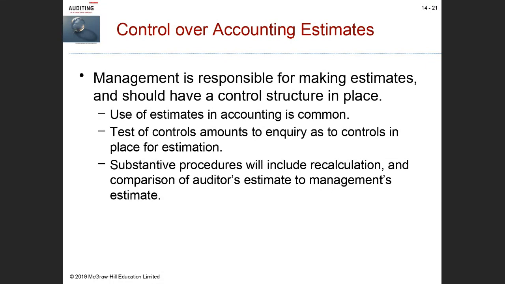So in order to do that, we developed a methodology to estimate ourselves, as the auditor, how many books were going to be returned. And this was based on a historical model that we put together using the client's data and looking at past results to say, here's a procedure that can be used to test substantively by recalculation, basically coming up with our own estimate of what management's estimate should be.